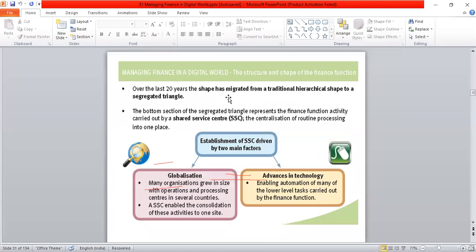But then the shape now is a segregated shape. The top management decides what the organization would be doing, and then finally the summary part of it is also reported by the top management. But the work is not carried out in the same place. There is a shared service center where the operational work is carried on for all the units at a single place. So it says over the last 20 years, the shape has migrated from a traditional hierarchical shape to a segregated triangle. The bottom section of the segregated triangle